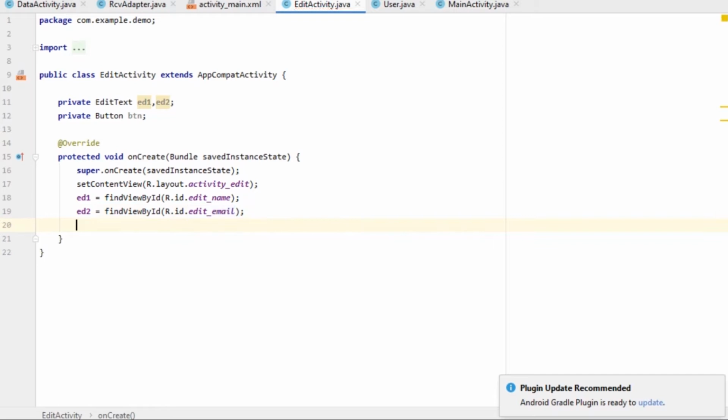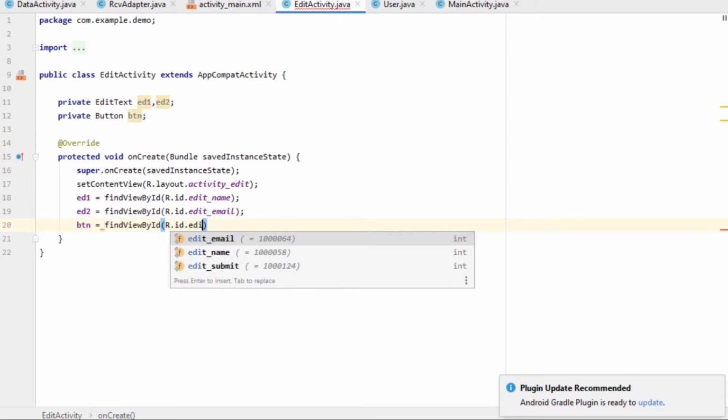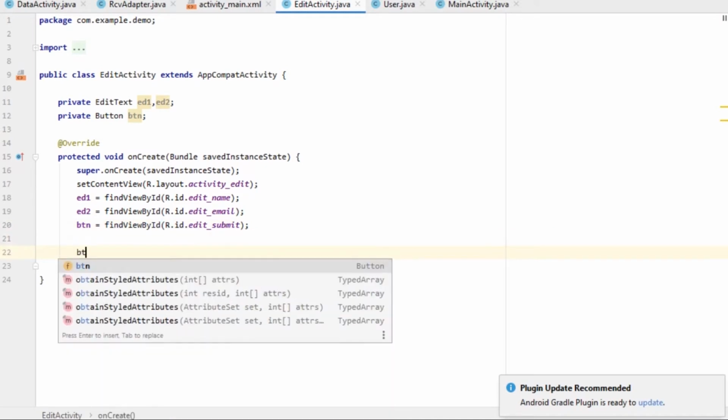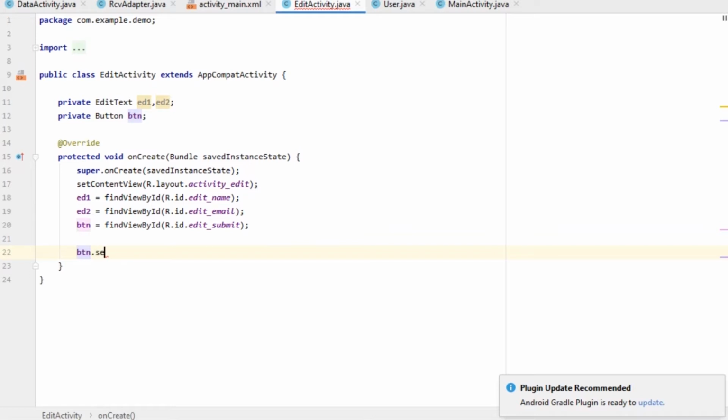And then for button, find view by id r dot id dot edit submit, right? Now on button, on click listener dot set on click listener, new on click listener,